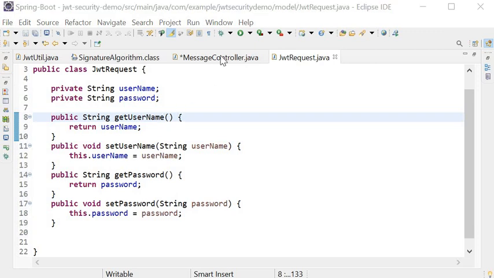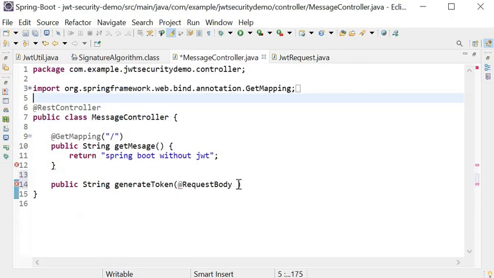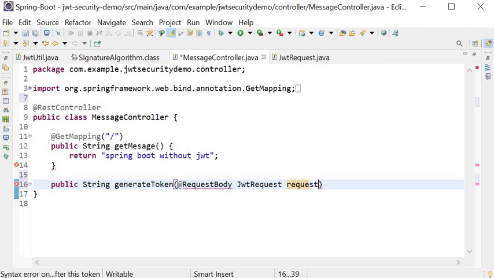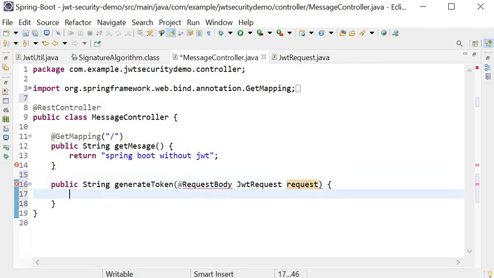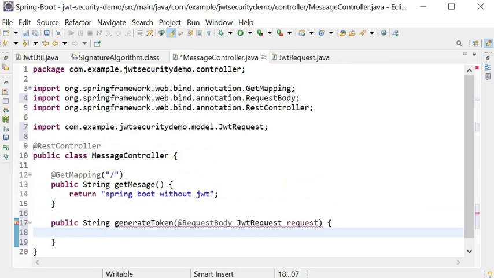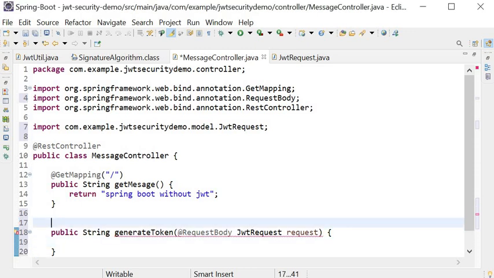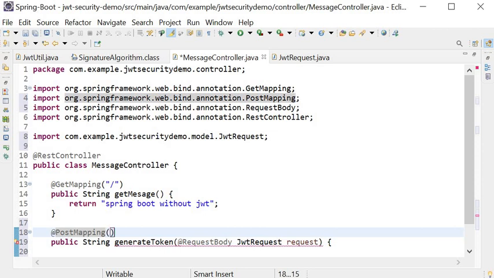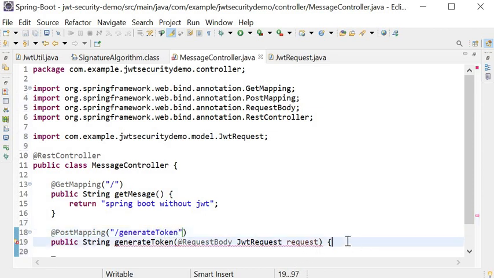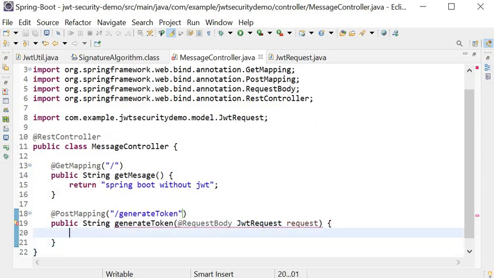Now I will go to my message controller, and here I will use the JWTRequest model as the request body. Here I will use the @PostMapping annotation, and define the URL, that is generateToken.